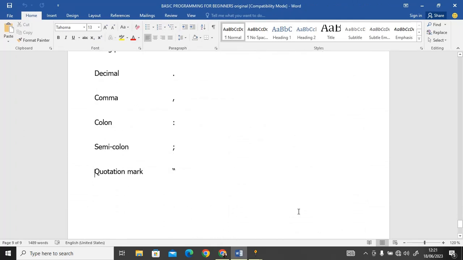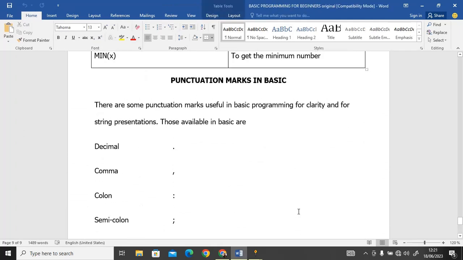BASIC programming. We also have some punctuation marks in BASIC. We have used the comma to separate two print statements so that there will be space between them. We have used the semicolon. We have not used this one yet, but we are still going to use it by the time we go fully into programming. In the next chapter of this tutorial, part 2, we are going to solve